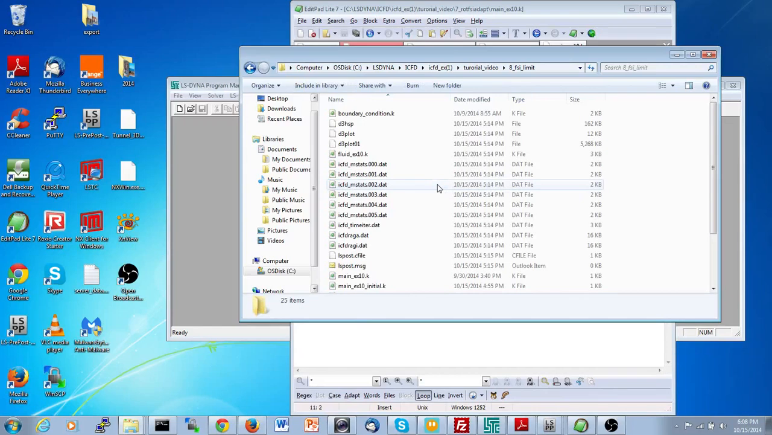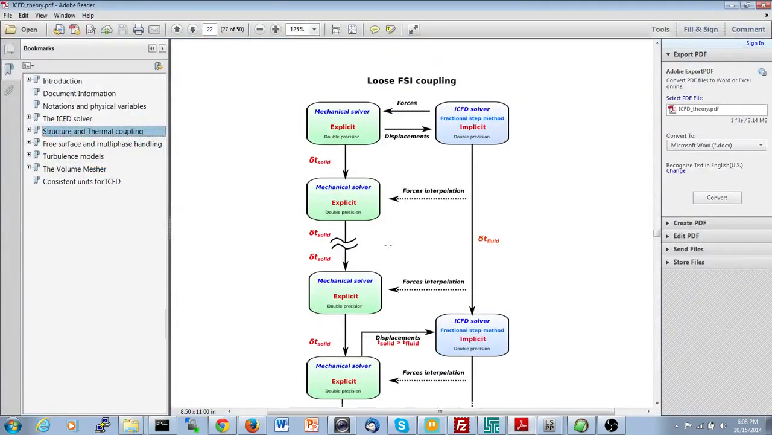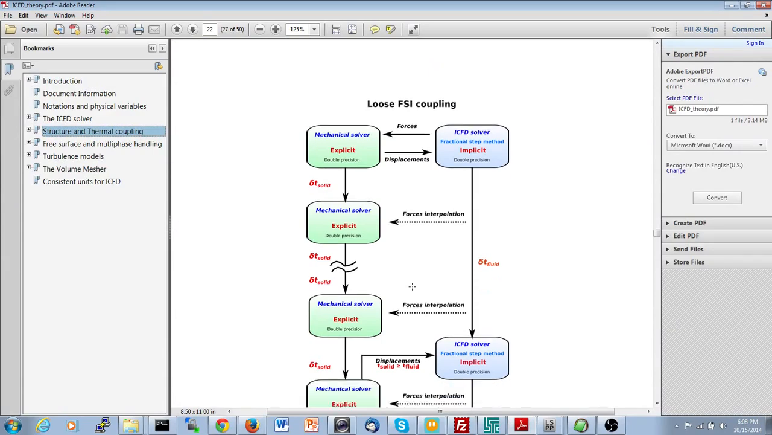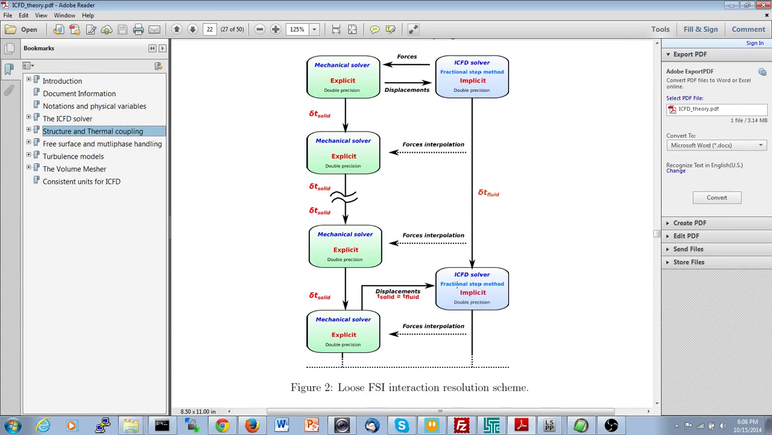Now there's something which I want to show you. I'd like to show you the limits of the present FSI coupling. By default, if you use the explicit solver in LS-DYNA, you do what is called loose coupling. It's also known by the names of explicit coupling or weak coupling. Basically what happens, if you look at the theory manual of the ICFD solver, this is how the loose coupling works. You have the ICFD solver that will do one step. Since it's implicit, it's got a very high time step, and once it has reached,